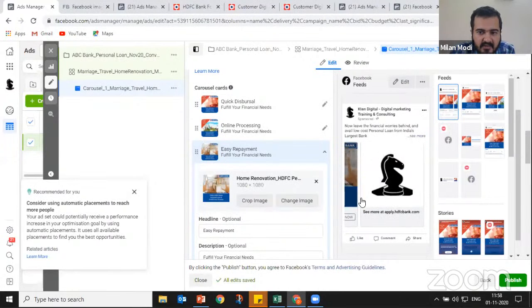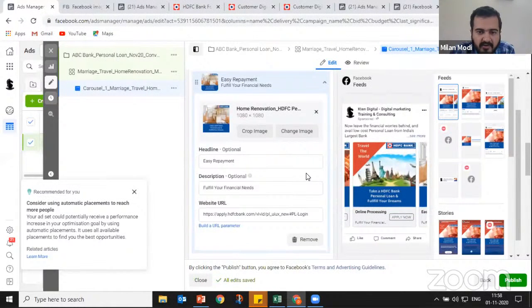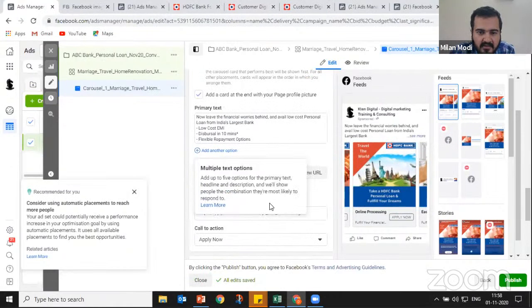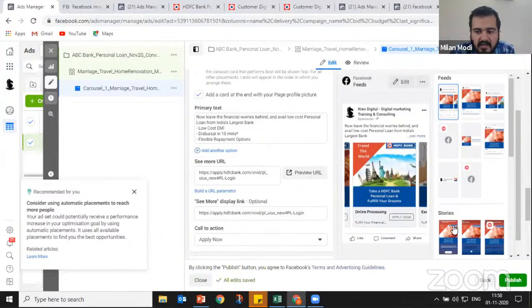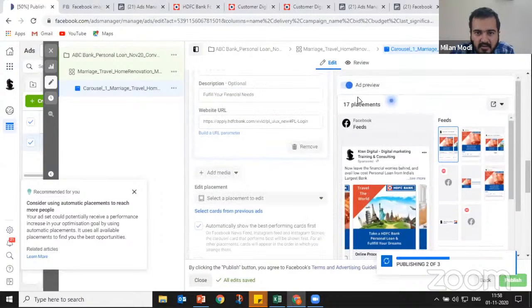And in the last, we see the logo of the page, or the Facebook business page, right? So once this is done, we go at the bottom. That is, we have filled all the required details, and we go and click on publish. So once you click on publish, if there are any errors, Facebook will just show the errors here, that either your ad setting is incorrect or your ad setting is incorrect. If there are no errors, Facebook will publish this, and all the ads will go under review,